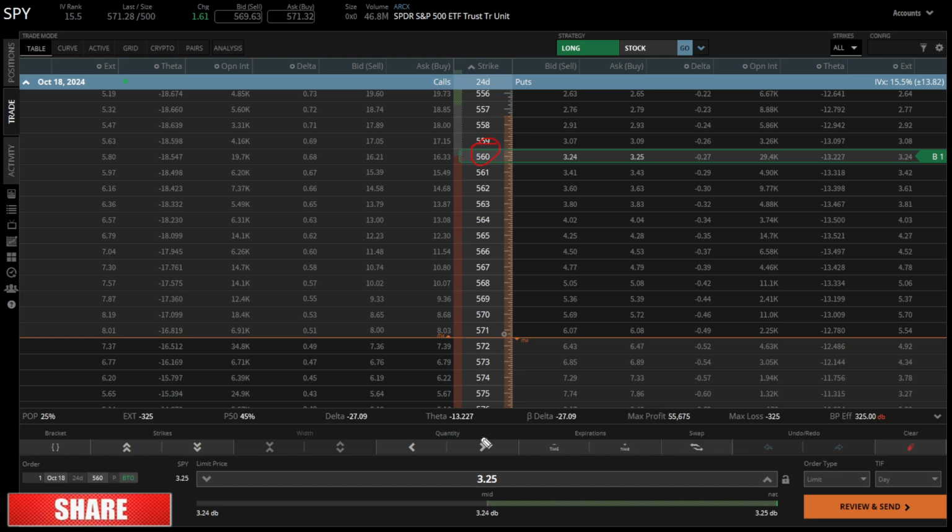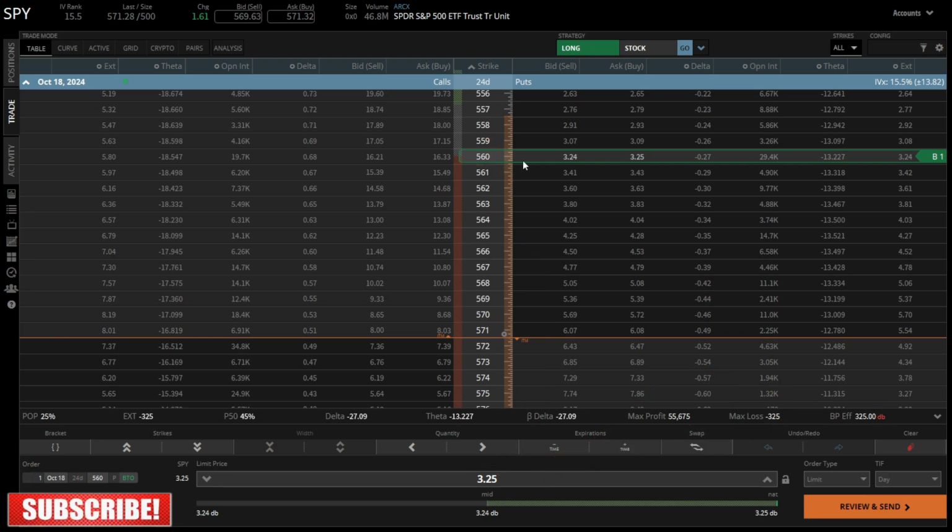Of course, because you're buying the option, the maximum loss is always going to be equal to the premium. The same thing for the option seller: the maximum loss or maximum gain is always capped by the maximum premium collected. In this case, as an option buyer, we always have the maximum loss equivalent to the premium we pay to open this trade. In this case, one contract, 24 days to expiration, and of course the buying power, because it is our maximum loss, there's no risk to the broker here for us to blow up this account more than we should. Why? Because we should lose only $325 on this trade. Okay, very, very simple.